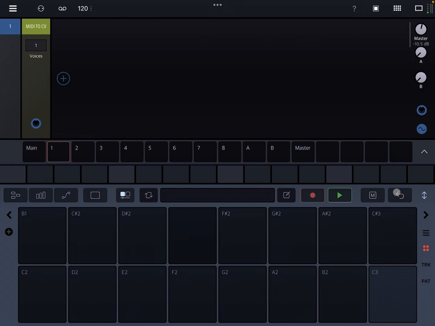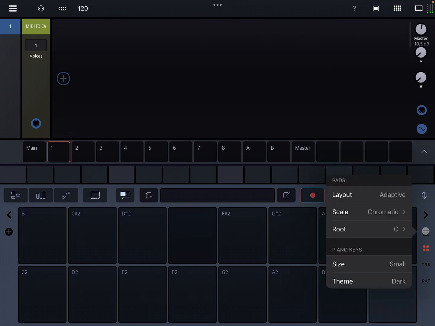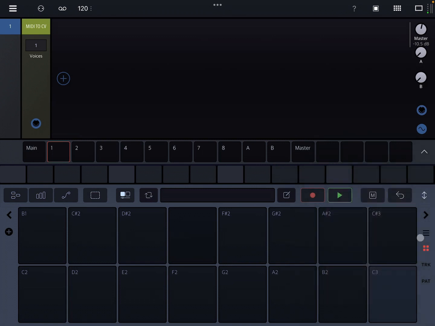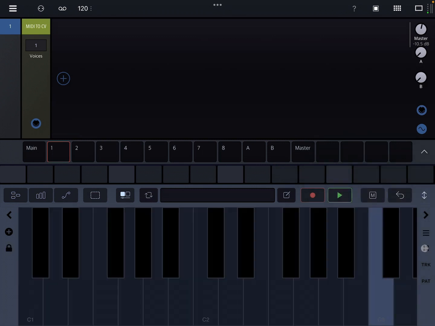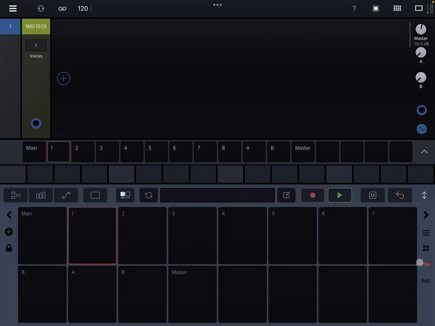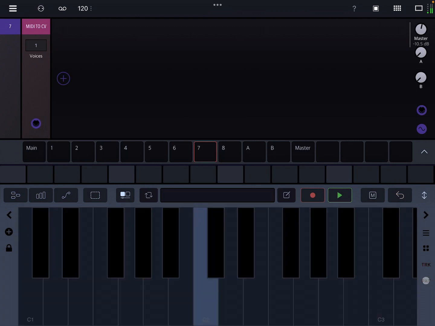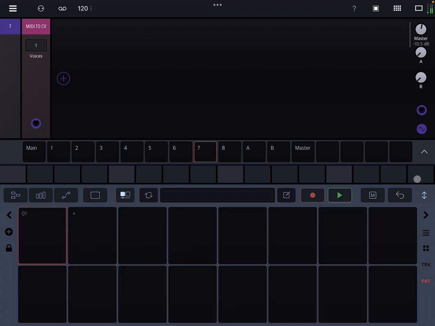And undo plus other buttons is like a shortcut for different functions. You have pads by default in chromatic mode, but you can change the modes. So you can have different scales, and you can set a key for your scale with this hamburger menu. You can turn pads off, and you just get a keyboard. And then you have a track mode, where you can trigger the instruments or the sounds on each track. And then you even have a pattern mode, which will make sense if you